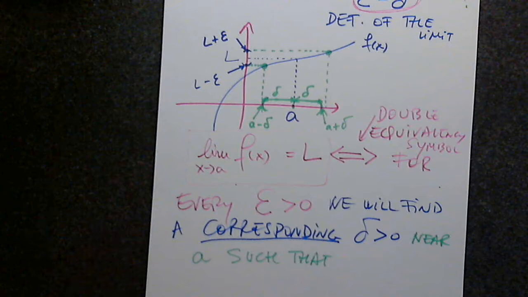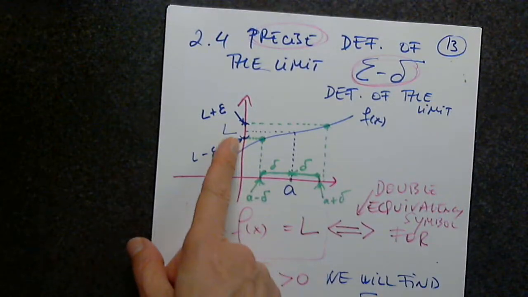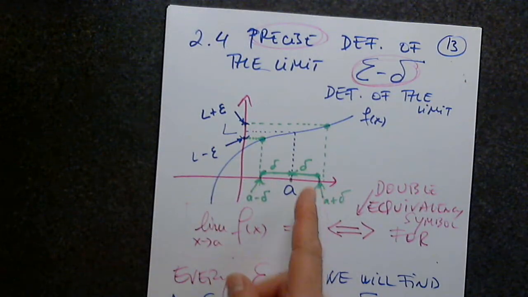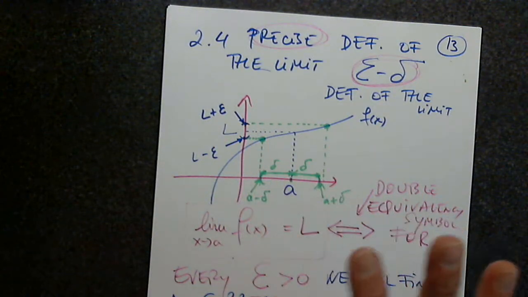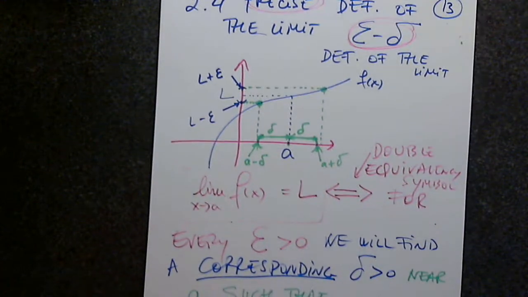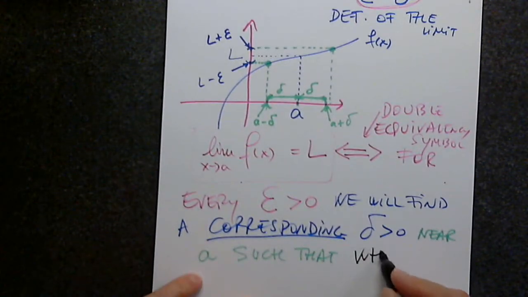We're almost done with the definition, but I keep repeating it so we don't forget where we are starting from and where we're going. So for every epsilon, I will find a corresponding delta, and I'll explain why I chose the smallest in a minute, such that whenever